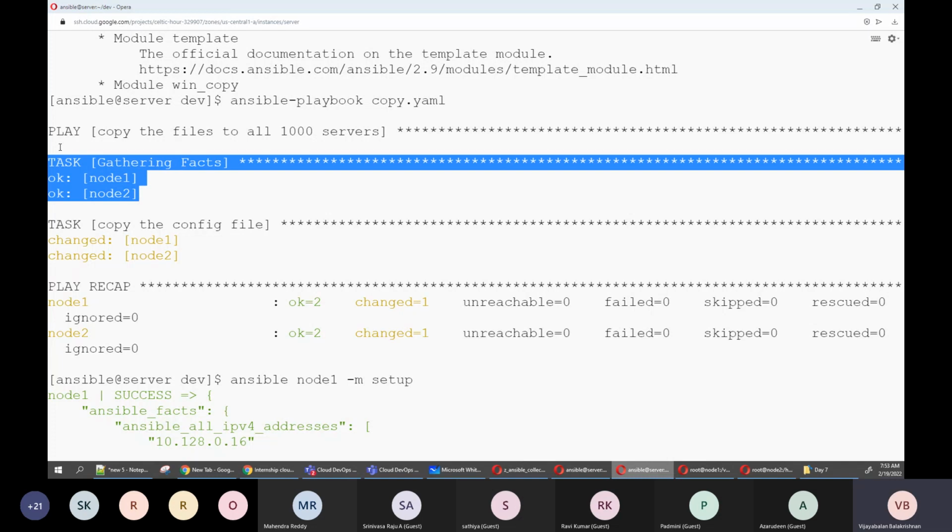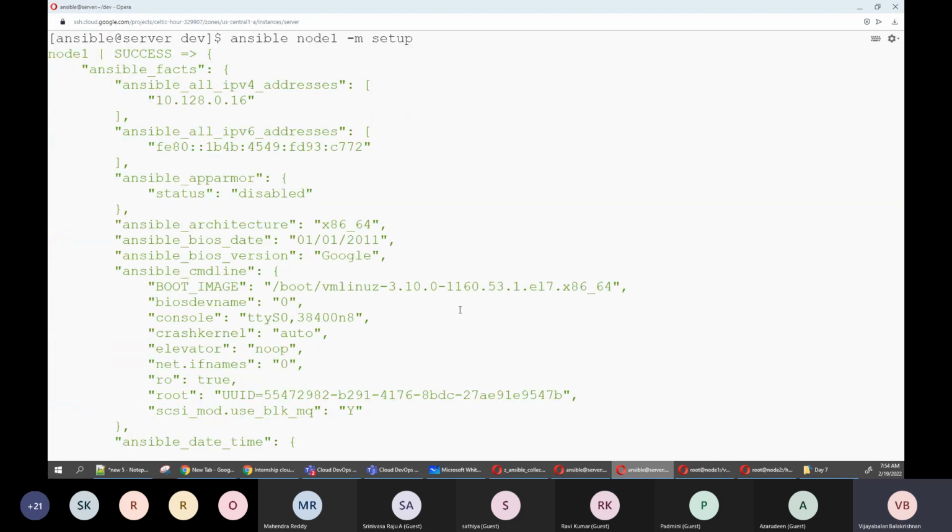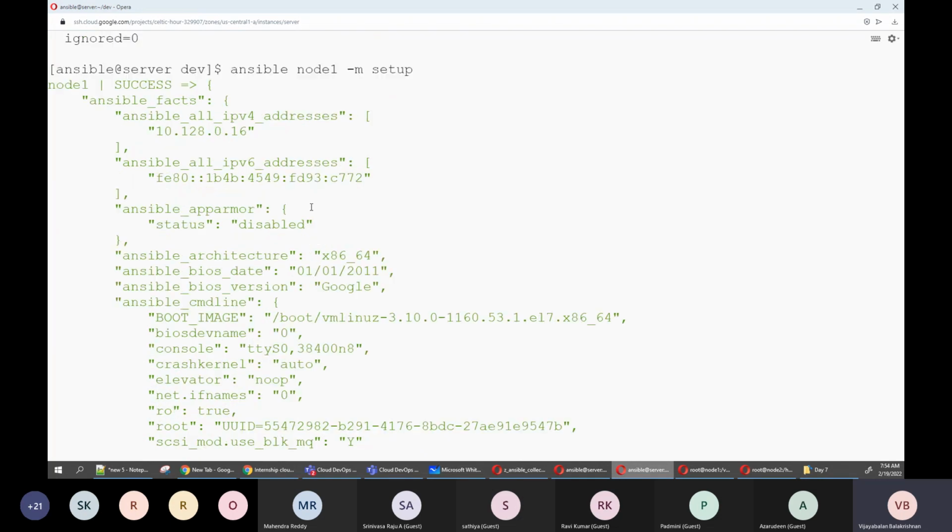Okay, so now you need to understand how this works. Every time it will collect the information about whatever machines it is getting implemented on. This is the robustness of Ansible. On the fly, dynamically, first it will understand who you are.